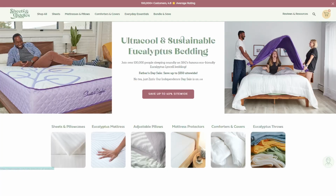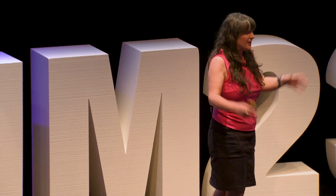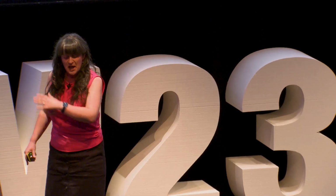The fourth one is a bit of a curveball, because we've had help the customers, we've had goals, we've had missions. This is a company called Sheets and Giggles from the US. They are selling eco bedding, and they could talk about bedding, they could talk about eco. Beginning of 2022, Colin, the founder, went, I've had enough of this Facebook ads nightmare, in an American accent, and he cut all their Facebook ad spending and redeployed it into